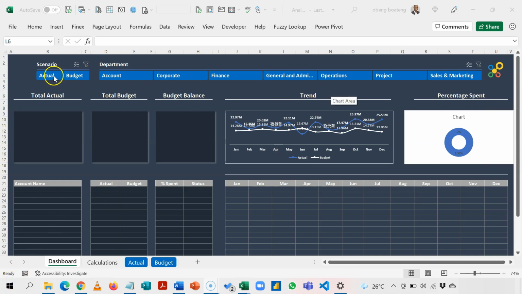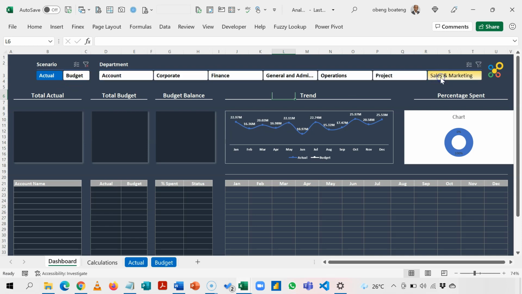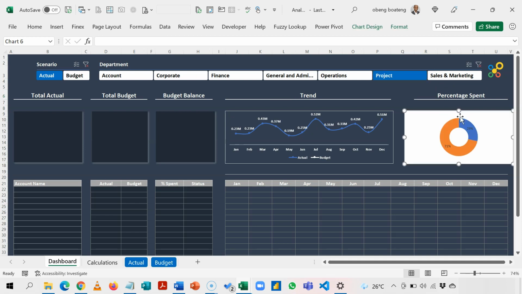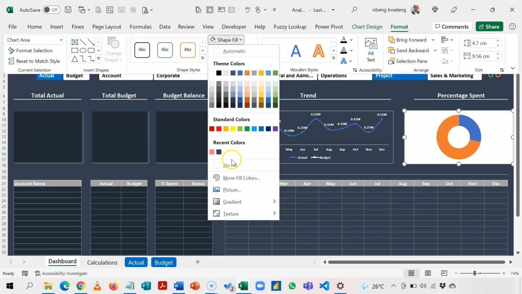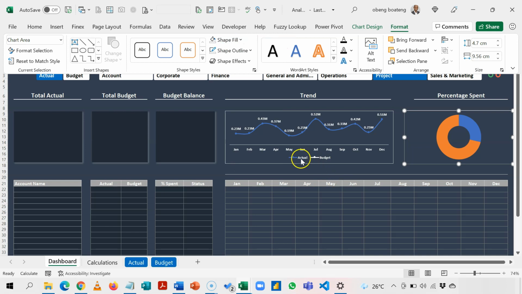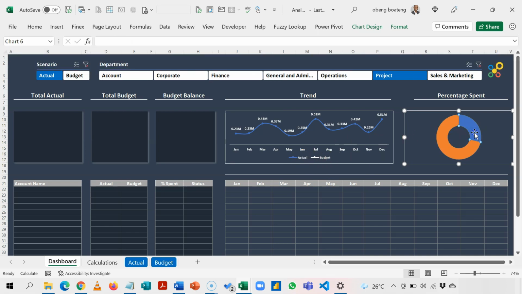So now let's go to our percentage chart. So I'm going to filter actual and then let's say project. So for this, we're also going to remove the noise. We'll take away our data labels, and then while we are here, we'll go to our format and then we take away our shape fill as well. Now to match this, actual is blue, so we are also going to make this blue,